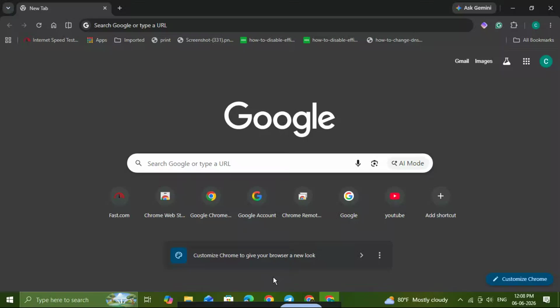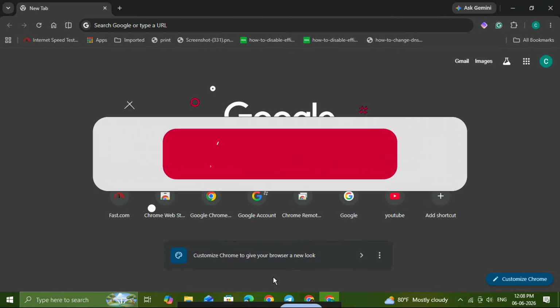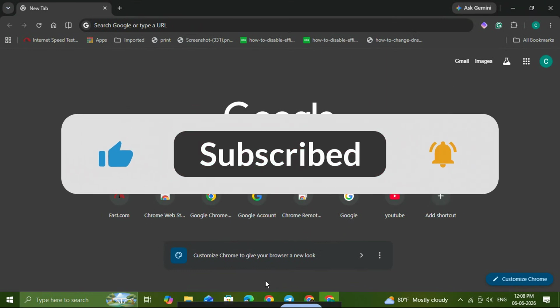If you've ever opened Google Chrome and seen the message that your profile cannot be used because of a newer version of Google Chrome, don't worry. In this video, I'm going to show you how to fix it step by step using two safe methods. The first method is the quickest and recommended fix because it removes only the corrupted file causing the problem. And if that doesn't work, I'll show you a second method that resets your default Chrome profile without affecting the